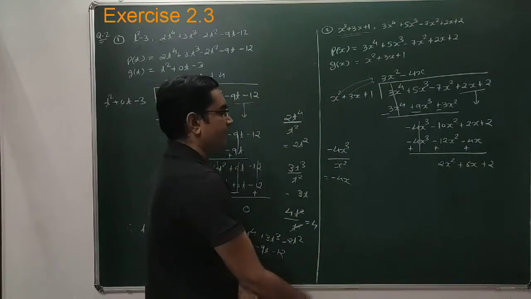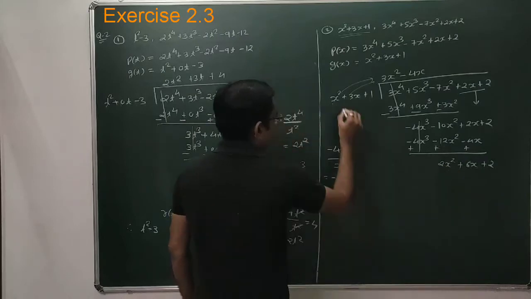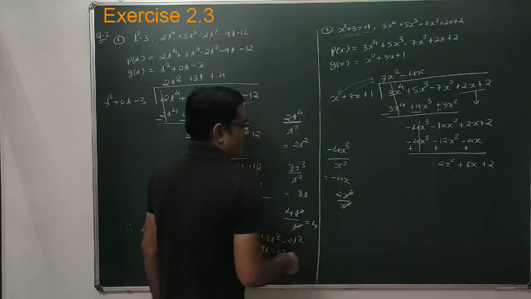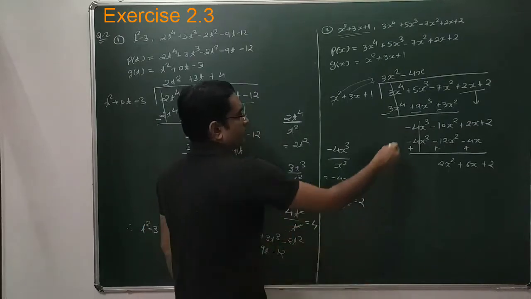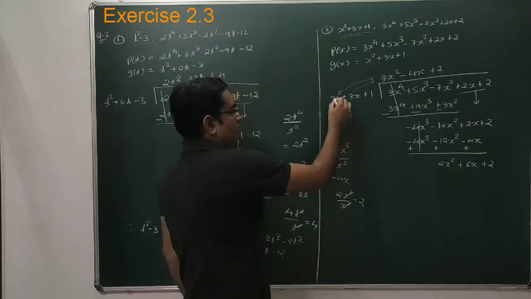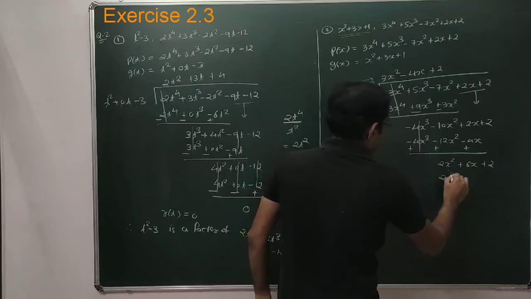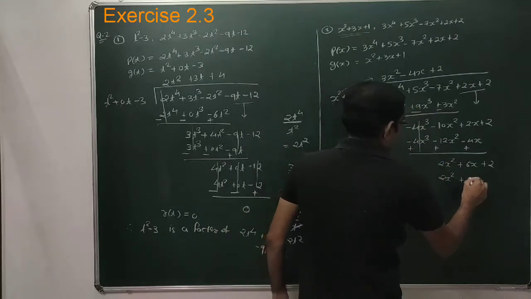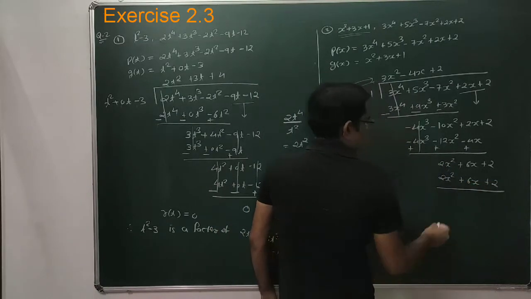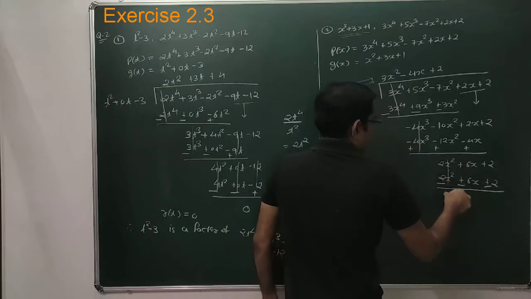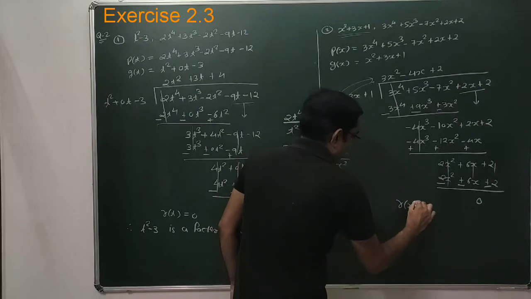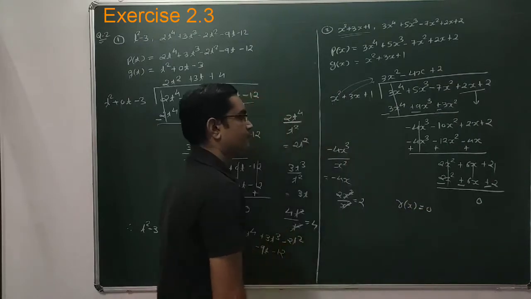Clear? Now for the next step, same, you have to divide this leading term with the leading term of divisor. So it's a 2x square by x square. X square cut. It will be 2. So you have to write this 2 over here. Again multiply all these three terms with this 2. So x square into 2, which is 2x square. 3x into 2, which is plus 6x. And 1 into 2, which is plus 2. Change the sign, minus minus minus. All this term will be cut. Again remainder is 0. So remainder polynomial r of x is equal to 0.